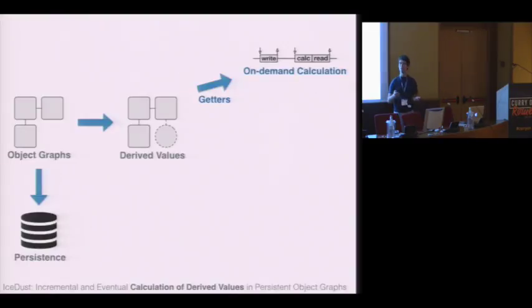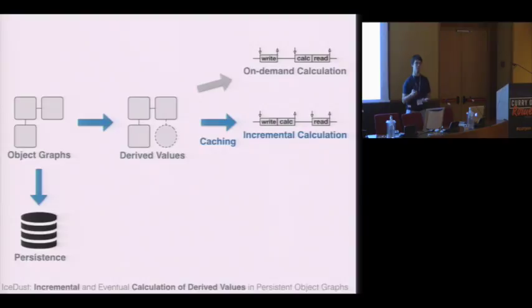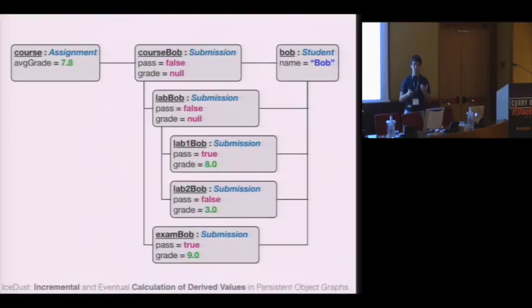So rather than on-demand calculation, in this situation, we want to use caching with incremental cache maintenance, so that on reads of average grade, we will get a very fast result. So how does this work? If we have such an object graph with all the cached values, and if we change Bob's grade for the second lab,